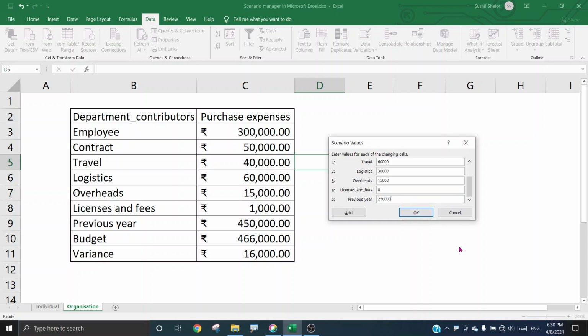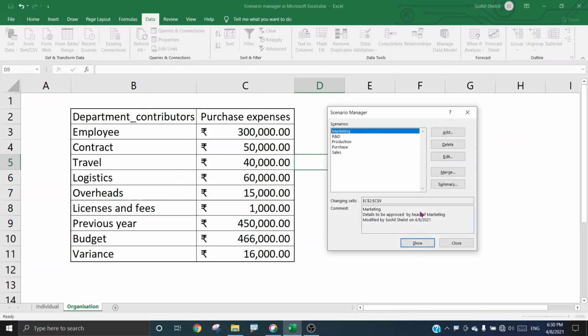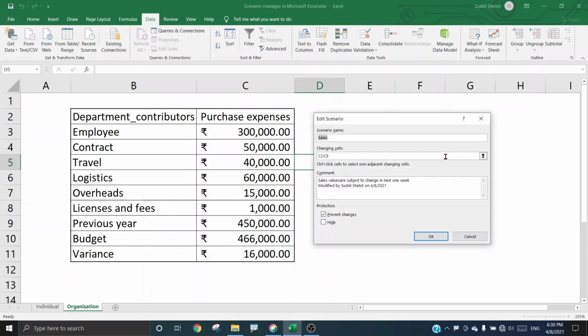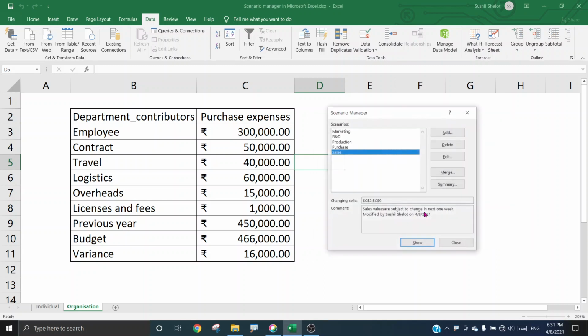Now I can say OK and go ahead, and if I want to add some more scenarios I can click on the add button, but I think the sales department inputs we have created are sufficient for us as of now, so I say OK. Once done, you see now the sales has got added here. If you want to edit it at any time, you can go to the edit button and edit it. Once done you can say OK, go back to your earlier page. Here, once you have edited, you can also delete any of the scenarios as per your wish or requirement by choosing the delete button. Okay, the remaining two buttons I'll explain subsequently.